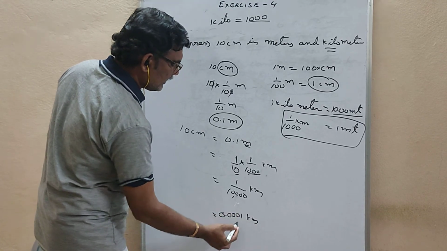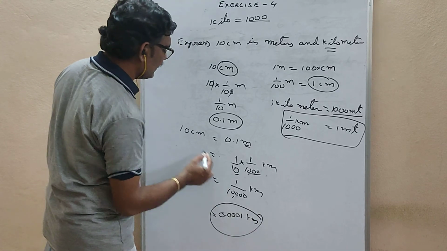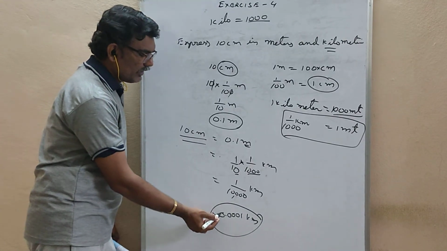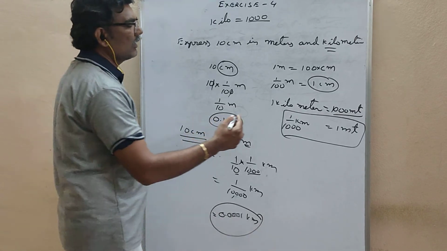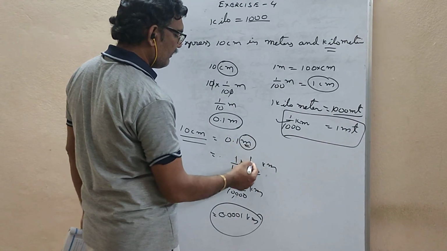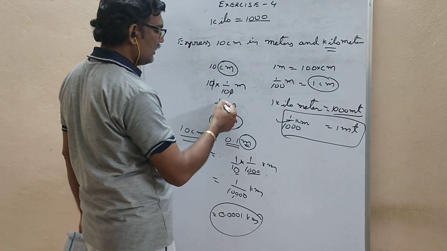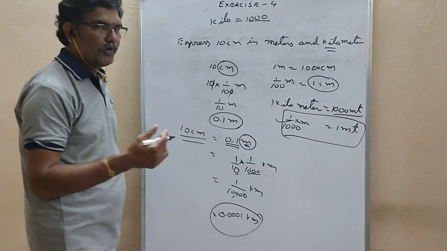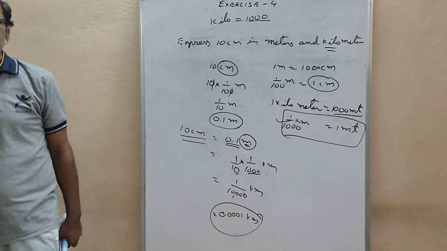So this is nothing but 0.0001 kilometers, which is 10 centimeters. Now I converted it into kilometers. So practice well. Remember this. 1 meter, where meter is there, there I wrote 1 by 1000. Here 0.1, I expressed in fractions. Here fractions converted into decimals. Here decimal converted into fractions. So if you do it 2 to 3 times, you will be habituated. So, okay, we'll meet you in the next class.